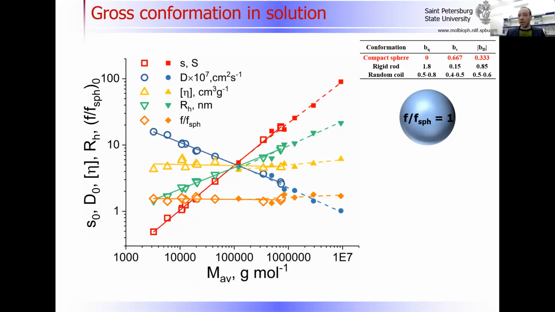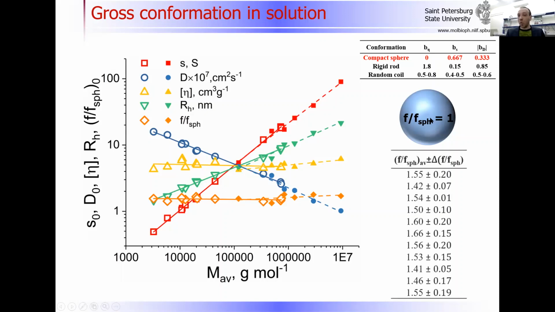And in our case, they all refer to the textbook values for the hard sphere conformation. So we have a hard sphere conformation. So all these hyperbranched macromolecules behave like hard spheres. Hard sphere actually means, if you apply this friction ratio concept, that the friction ratio must be 1. But we observe the friction ratio not 1, it's much higher than 1, 1.5 on average. And in this case,